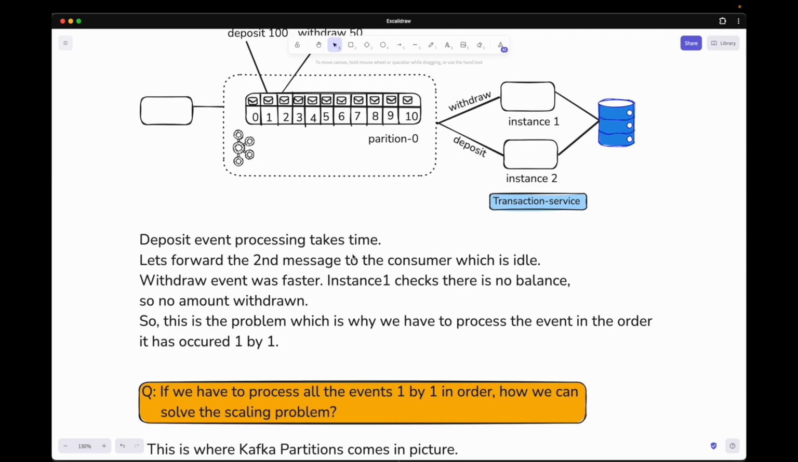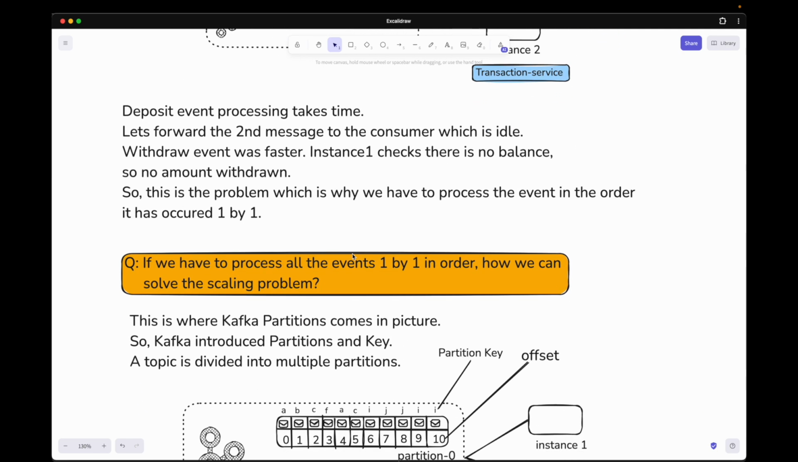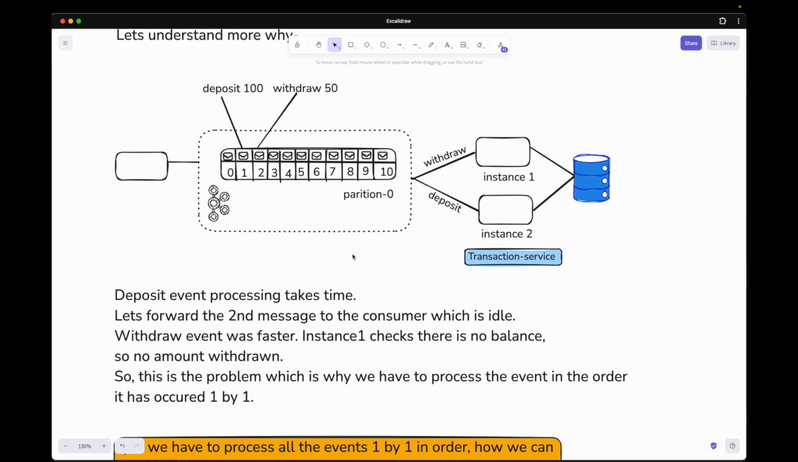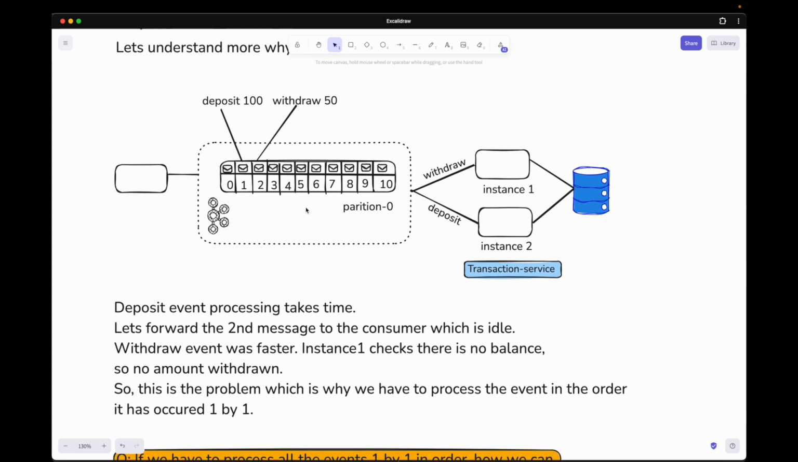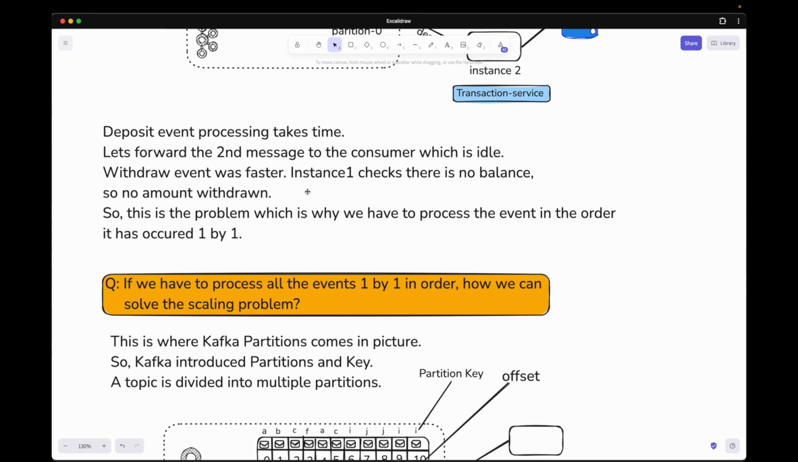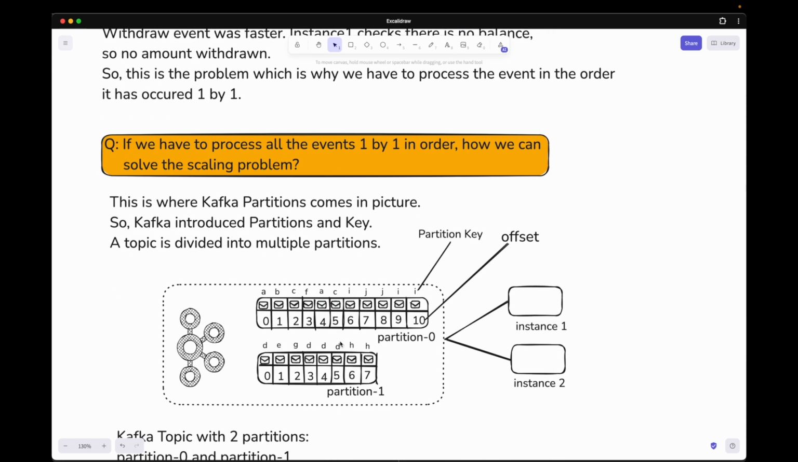Now you would say, if we have to process all the events one by one, how can we solve the scaling problem? Then we can't scale anything. But scaling is possible with the help of partitions only. How? Let's assume, and we'll see the demo also, the same order events topic. If we create two partitions, and if we have two